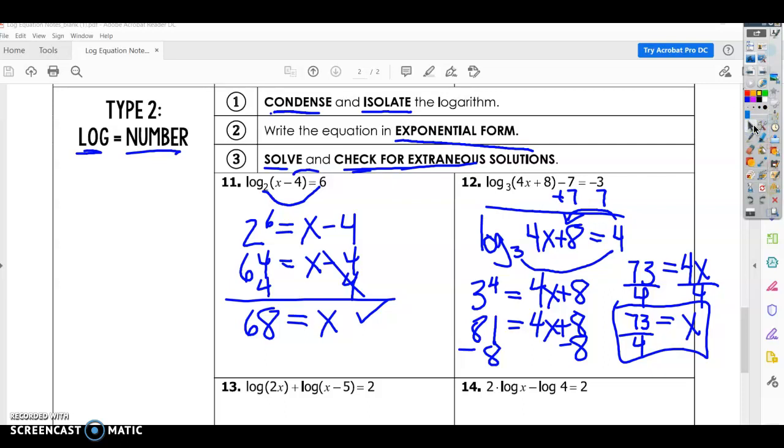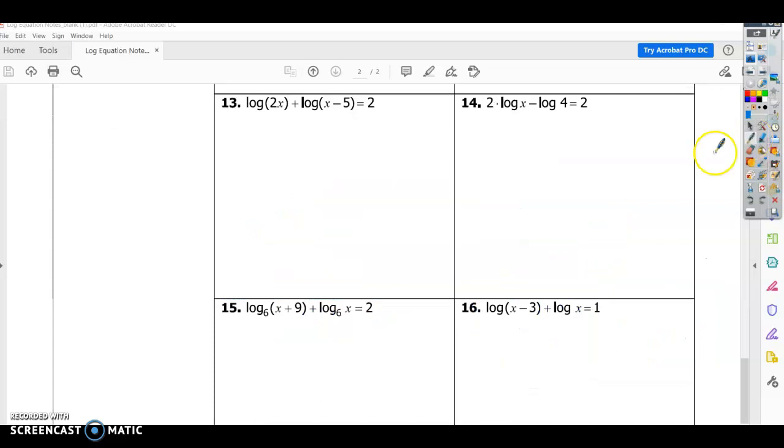I'll try to make a video on that so that we can see how to use your calculator to do that. All right, let's look at